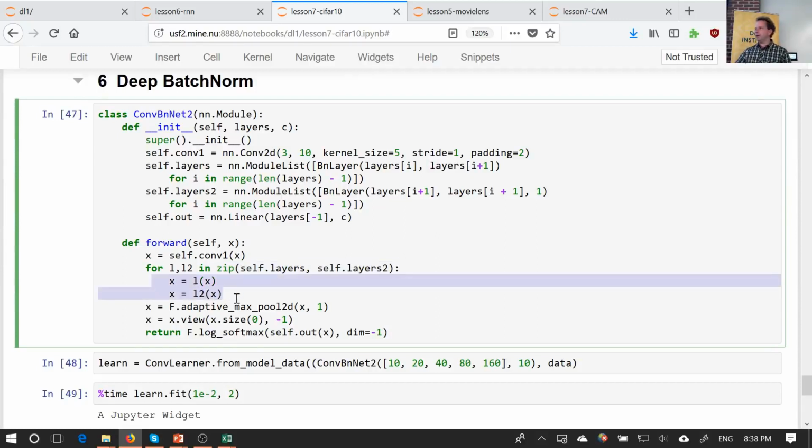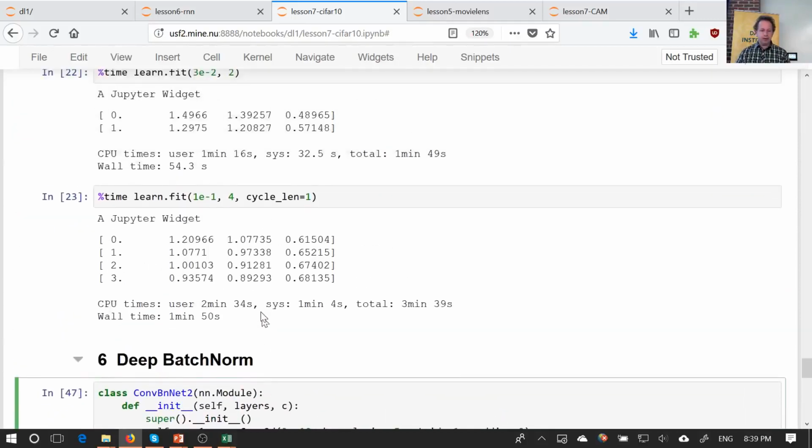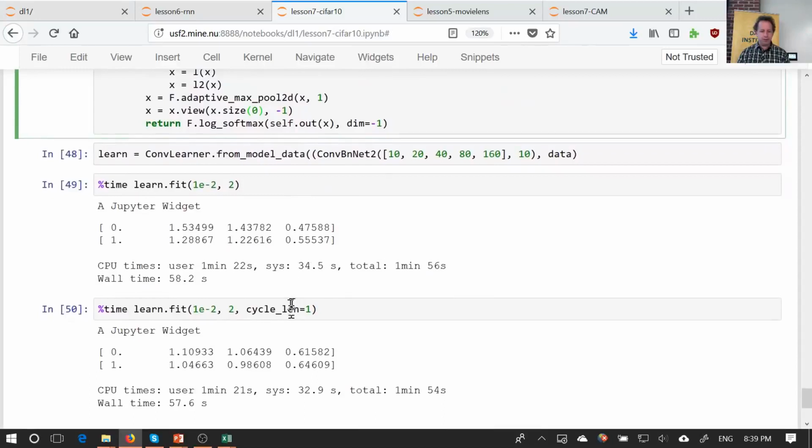So this is now actually twice as deep, but I end up with the exact same 2 by 2 that I had before. And so if I try this, after 1, 2, 3, 4 epochs it's at 65%. After 1, 2, 3 epochs, I'm still at 65%. It hasn't helped, right? And so the reason it hasn't helped is I'm now too deep even for batch norm